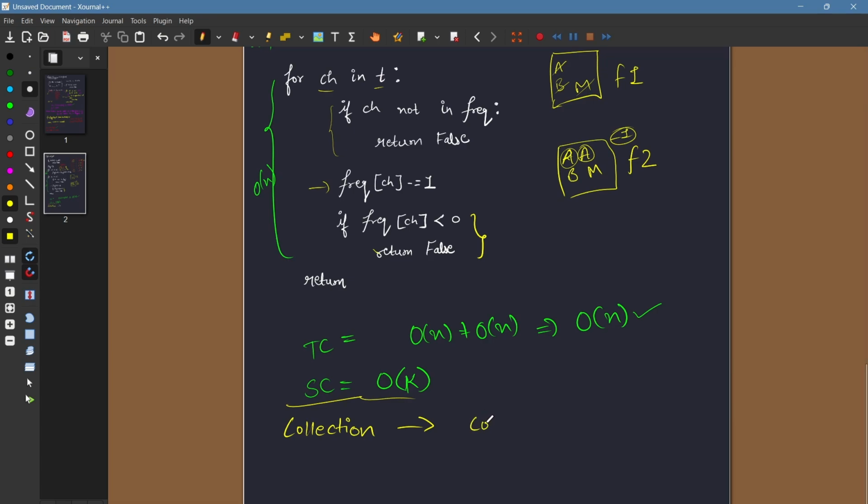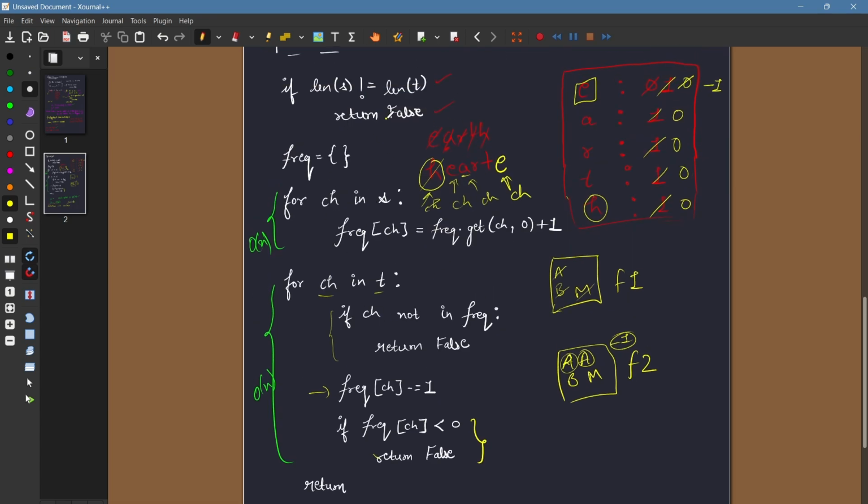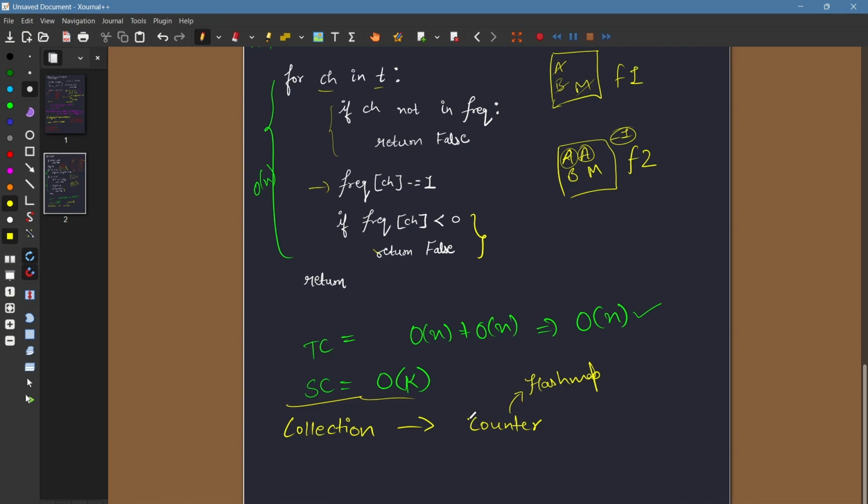That Counter is just a sub-implementation of the hash map. So nothing different out of that, but all these things that we are doing here will be abstracted in this Counter function, right? So we simply say Counter of s, like we did in the sorted approach. Counter of s is matching with Counter of t,